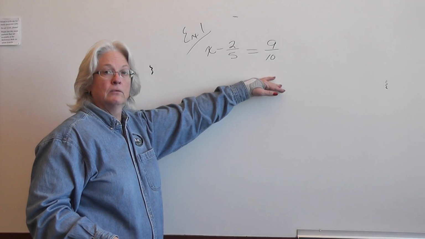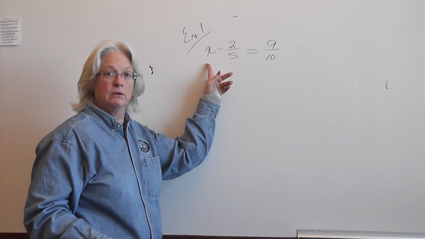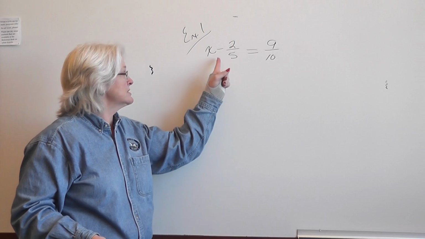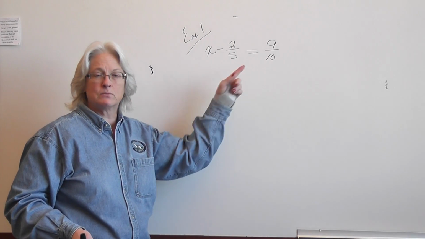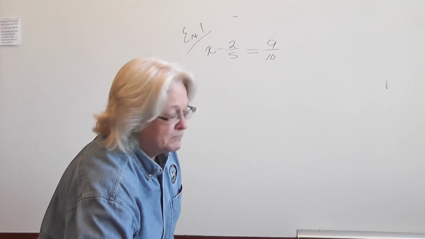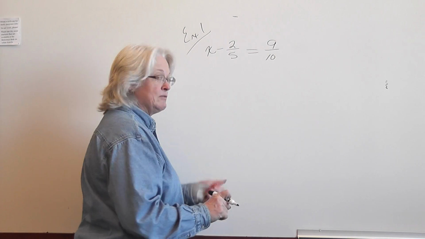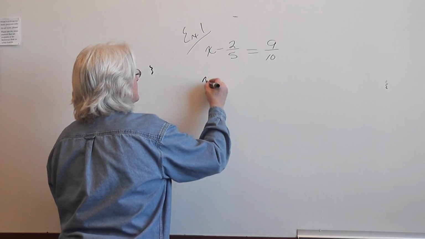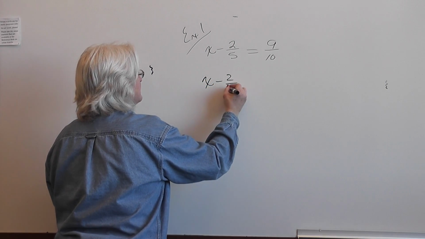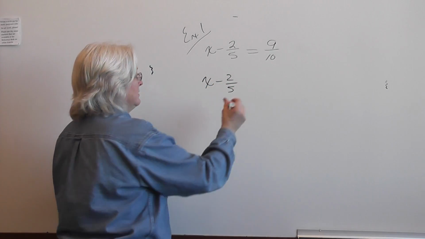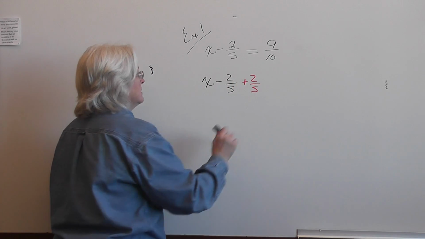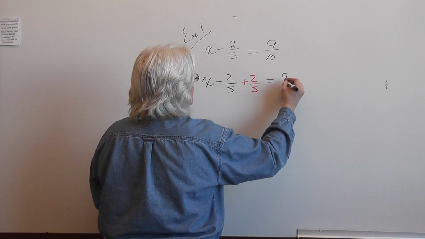So what are we going to do? What action has been performed on this variable x? Well, it's had 2/5 subtracted from it. Well, what's the inverse operation for subtraction? It's addition. So we have x minus 2/5. So we're going to add 2/5 plus 2/5 is equal to